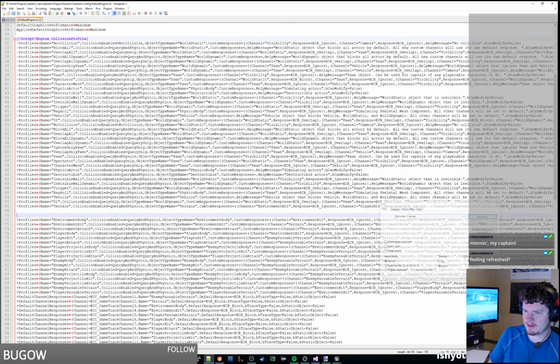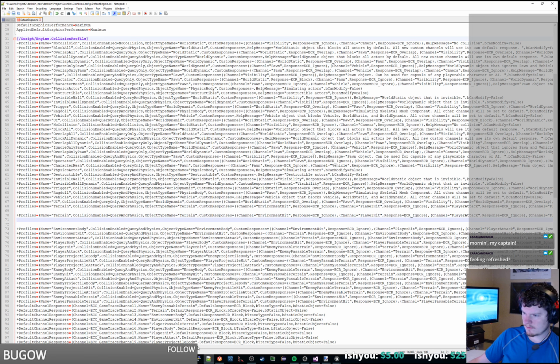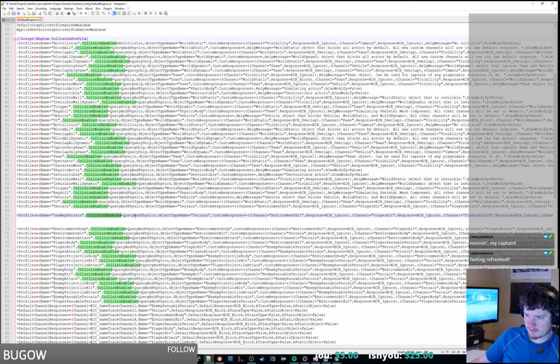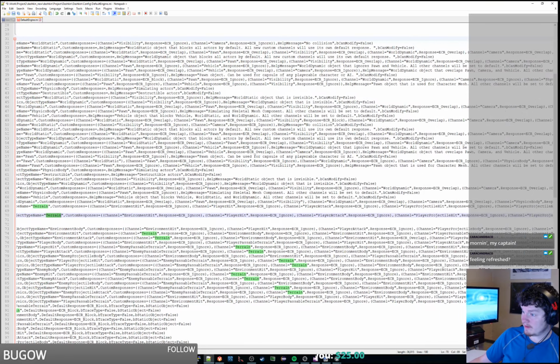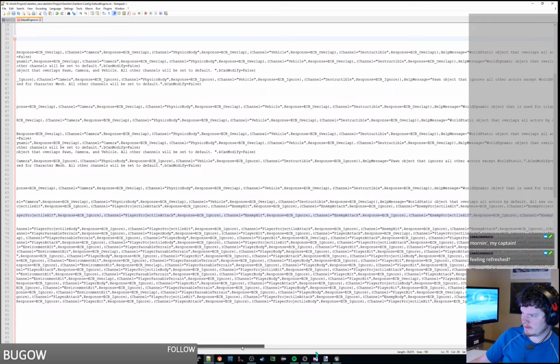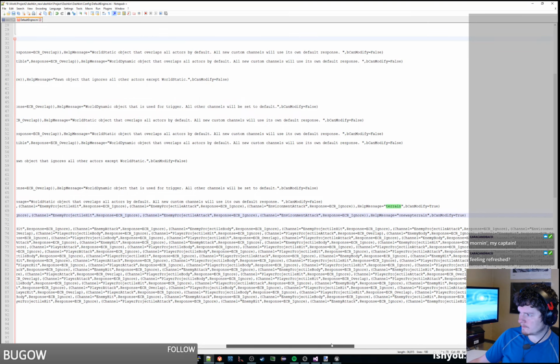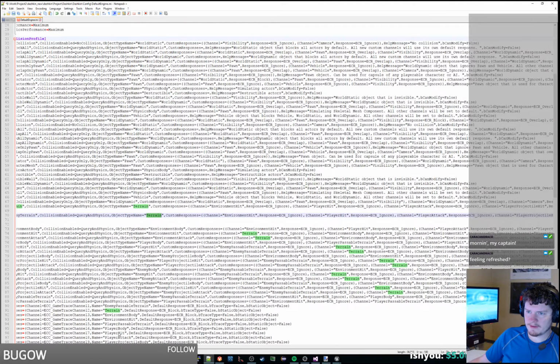So we grab this guy, so this would be one-way terrain. Let's see, query in physics, object type is terrain, custom responses is environment hit, player attack, player projectile hit, player projectile attack, enemy hit, enemy attack, enemy projectile. I don't see anything with